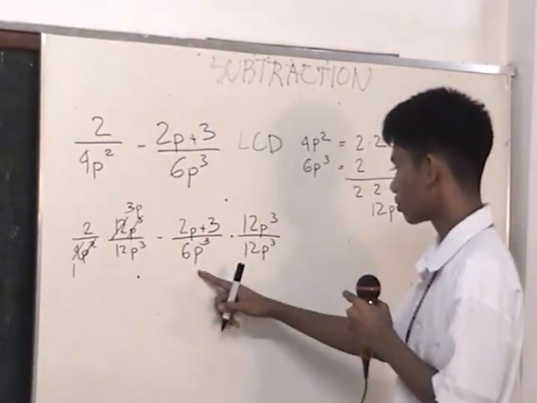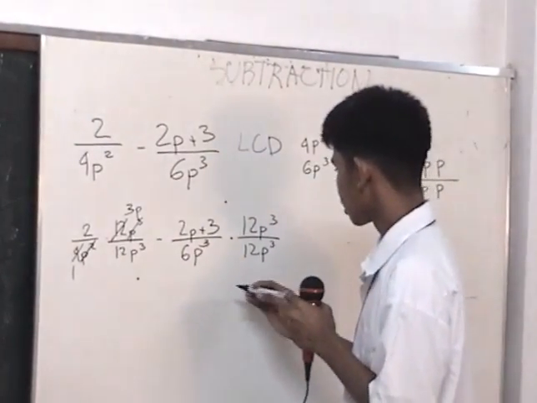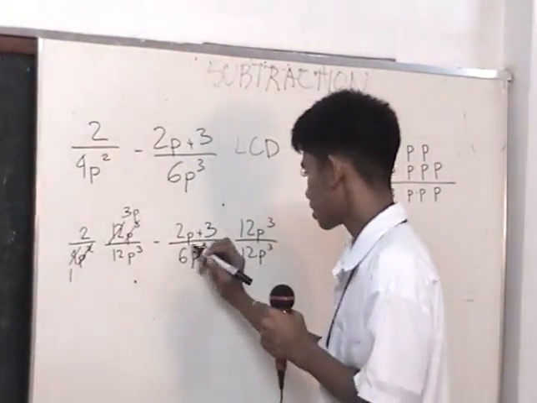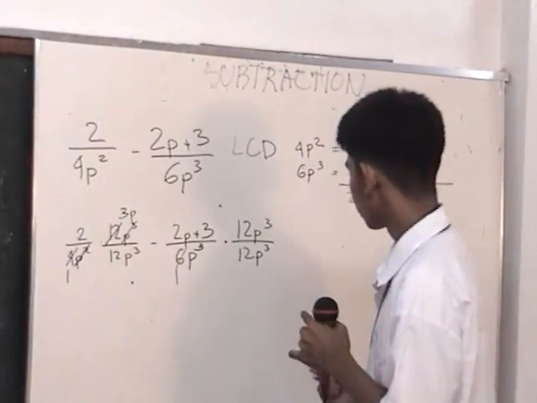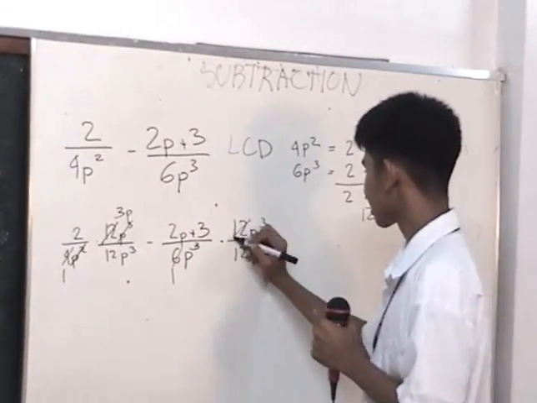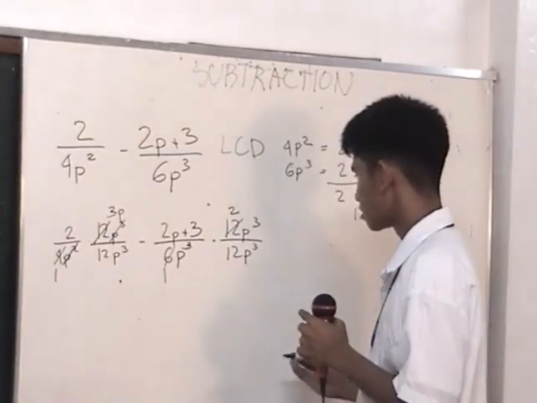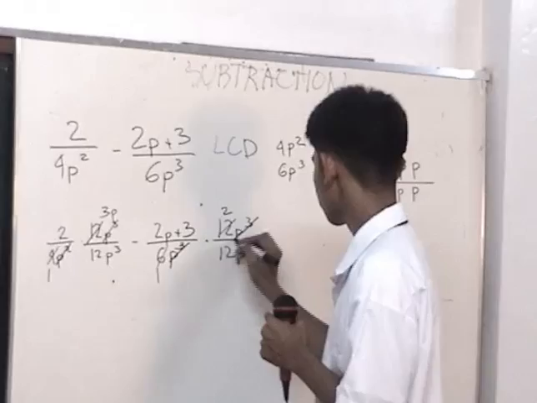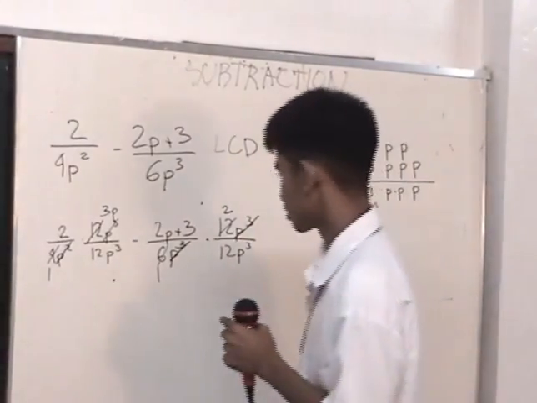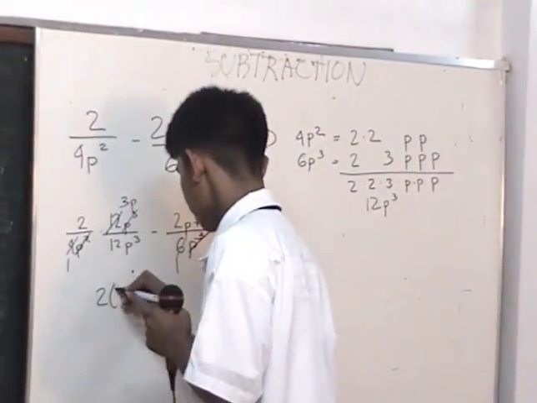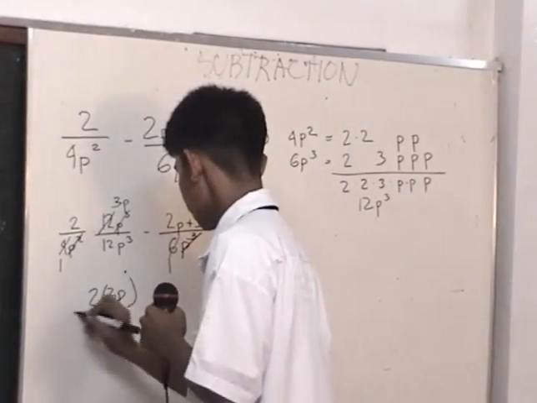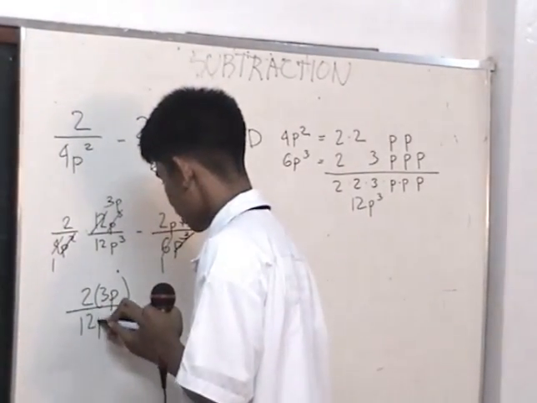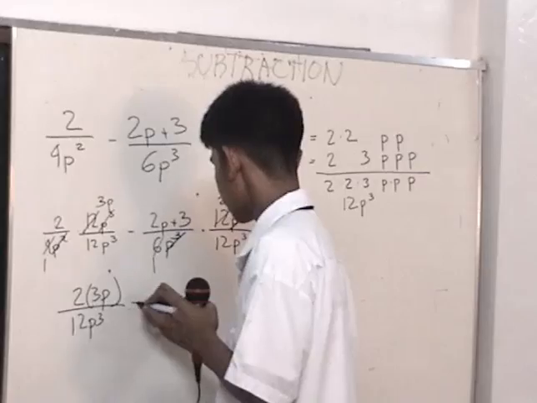Here, the common factor is 6. 6 divided by 6 is equal to 1. 12 divided by 6 is equal to 2. Thus, cancel p cubed and p cubed here. The 2 times 3p cubed minus